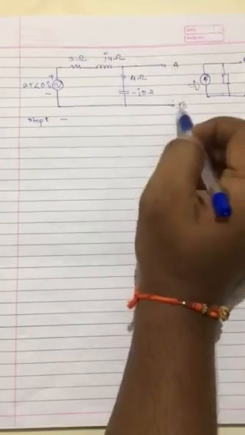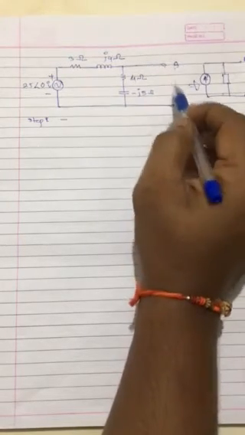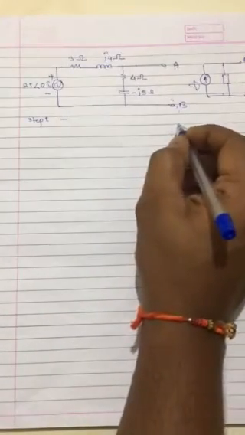So you all know that while solving Norton's theorem, step 1 is always to short circuit the load resistance and find the current ISC. Now here there is no load resistance, but these are the points where we need to find the equivalent circuit. So we have to short these terminals and find the current through it, which is called ISC. This is called the short circuit current, ISC. Now the first step is to find ISC. How to find ISC?